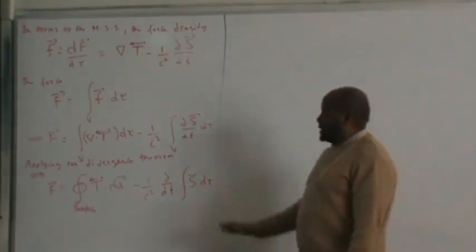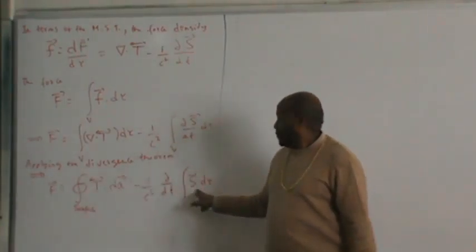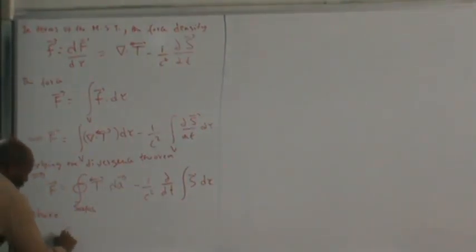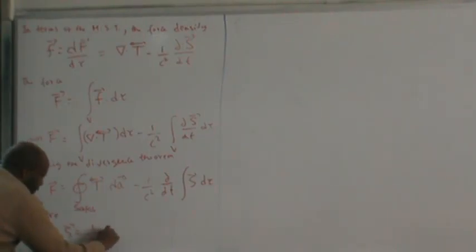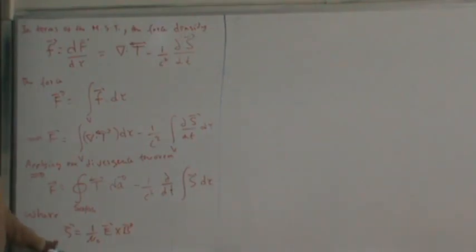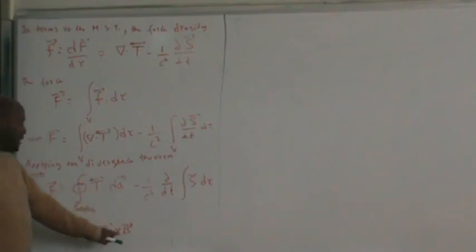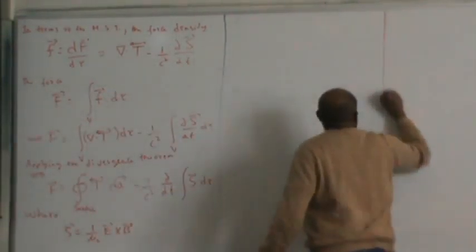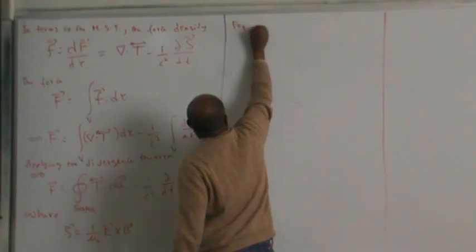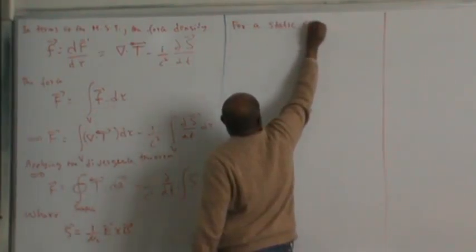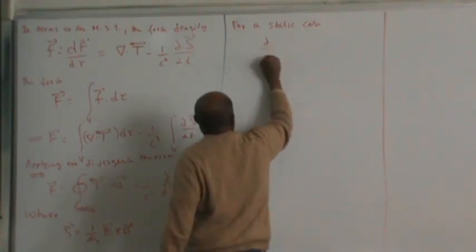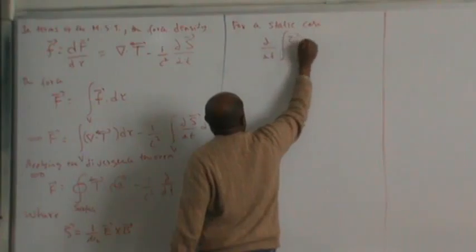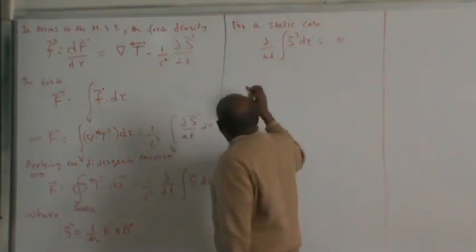All right, the first thing is that this is a static case. The Poynting vector S is given by 1 over mu naught times the electric field crossed with the magnetic field. In the static case, the electric field is independent of time and the magnetic field is independent of time, so you can't cross this one. So for a static case, we know that d by dt of the integral of S d tau equals 0. So all we have to